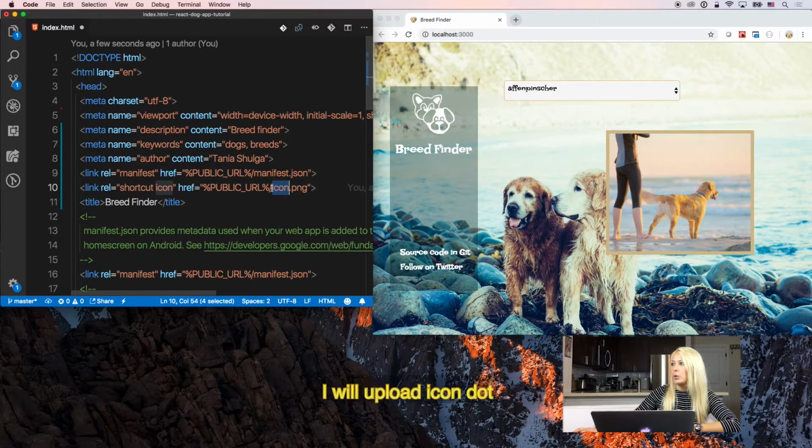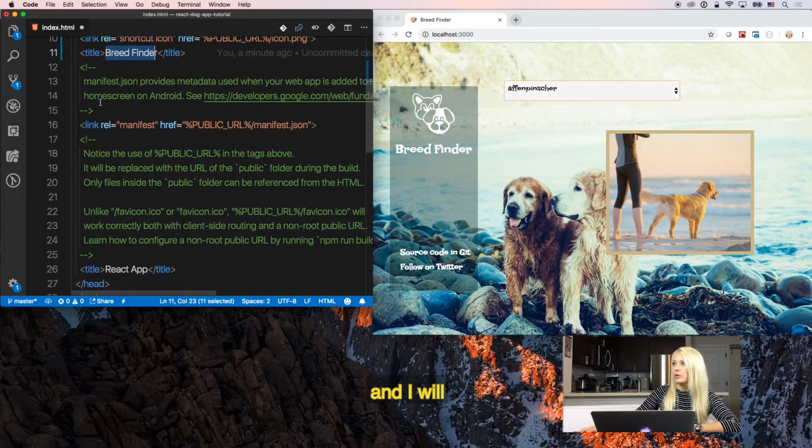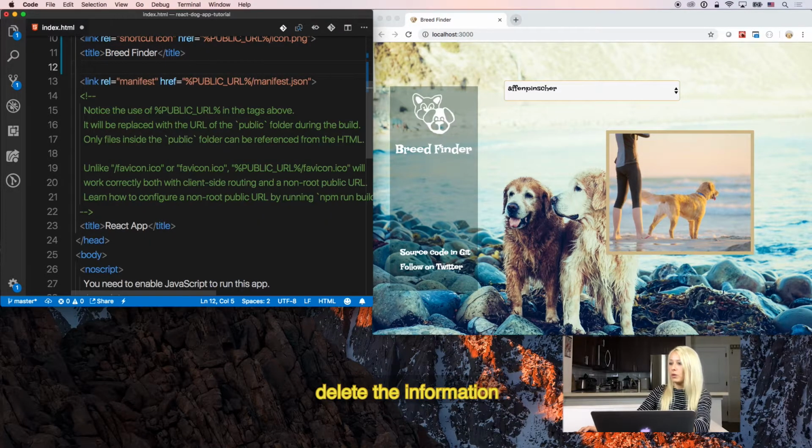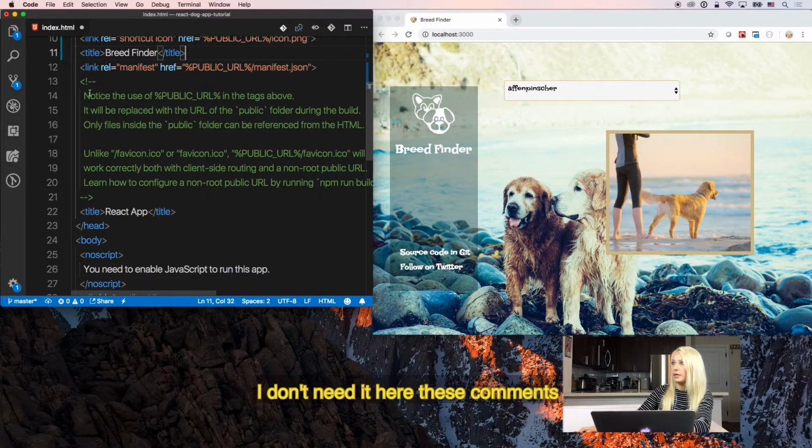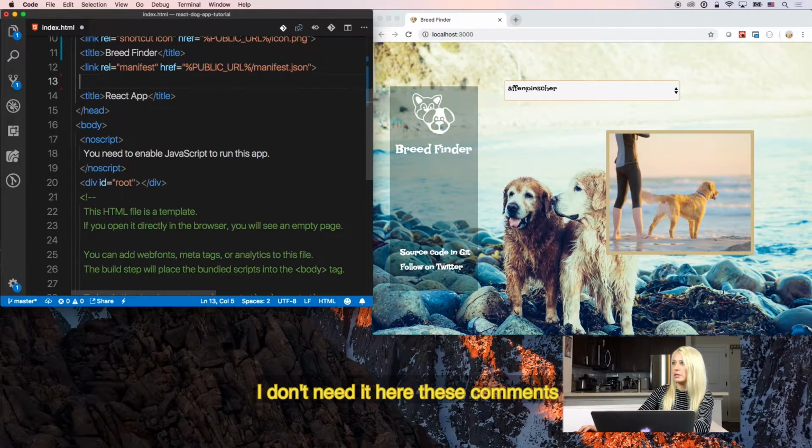So I will upload an icon.png file, and the application will be looking at this file and displaying it as a logo, a small icon here. You give the title for your website as you want, and I will delete all the information I don't need here, these comments.